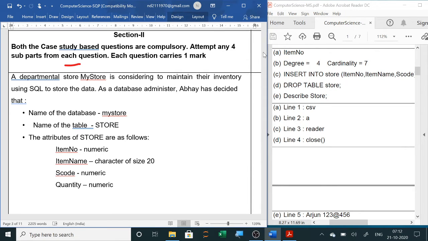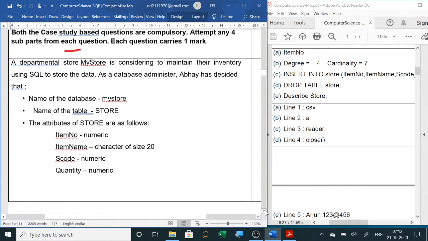As a database administrator, Abhay has decided that the name of the database is My Store, and the name of the table is Store. The attributes of Store are as follows: item number is numeric, item name is character of size 20, S code is numeric, quantity is numeric.